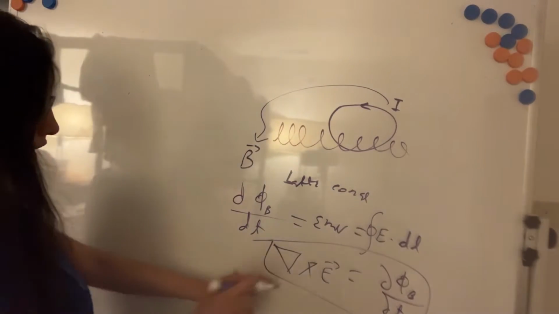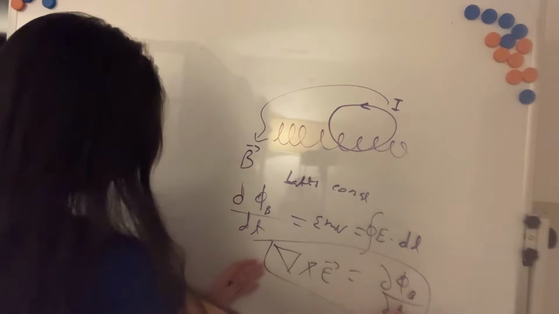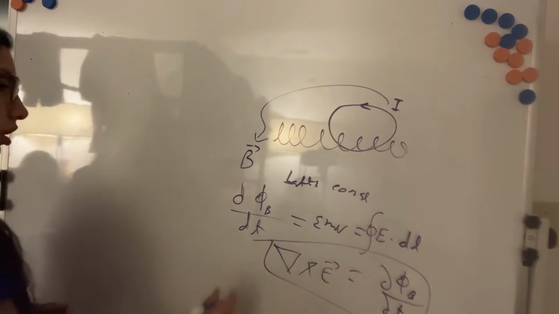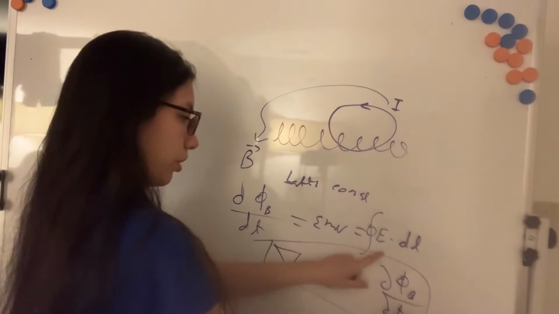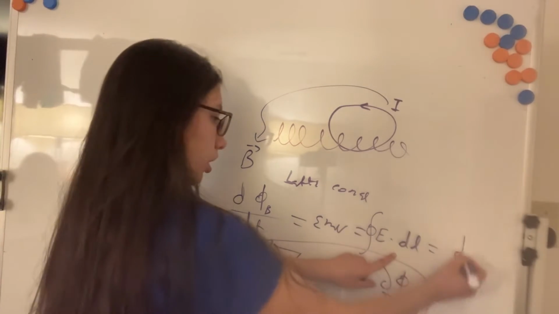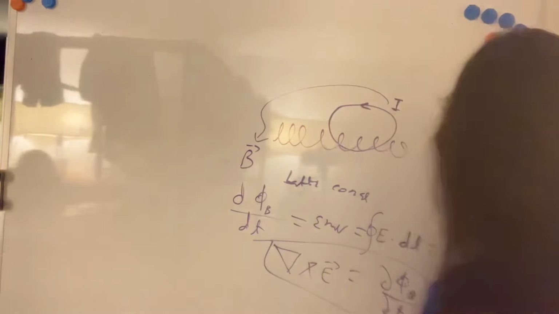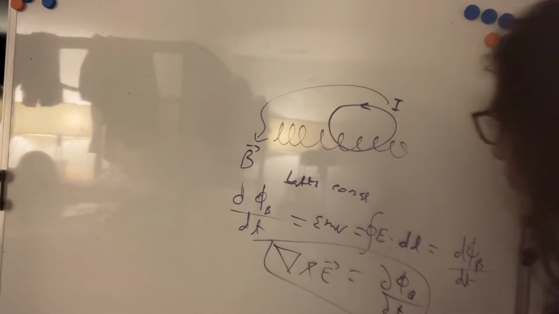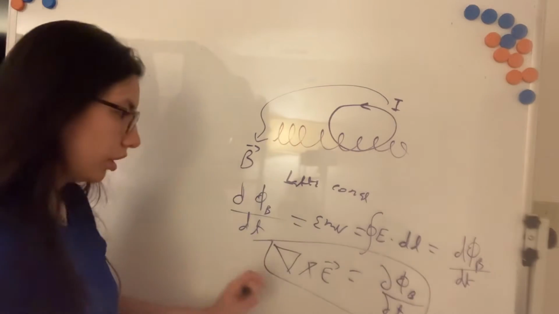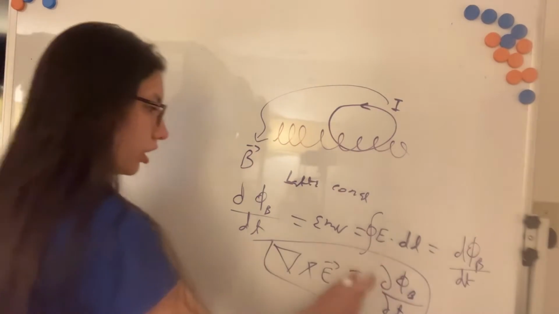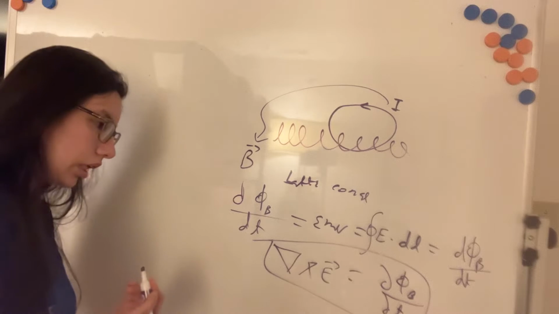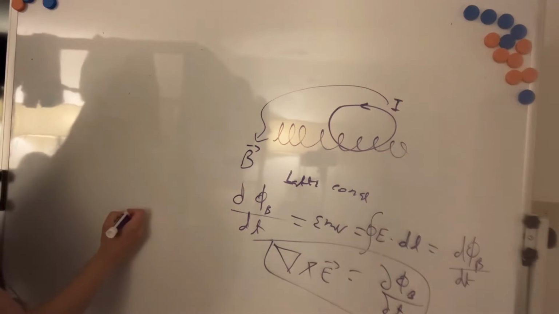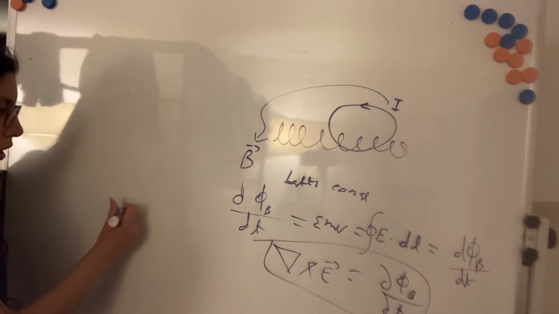So this is the differential form of Faraday's law. The other way is just like this: the closed loop integral of E dot dl is equal to the change in magnetic flux with respect to time. You can convert this just by the analogy of the concept, but also from some theorems of multivariable calculus. We have the